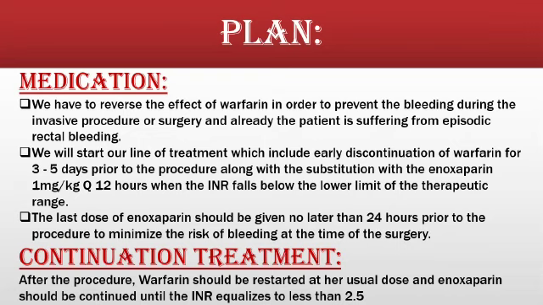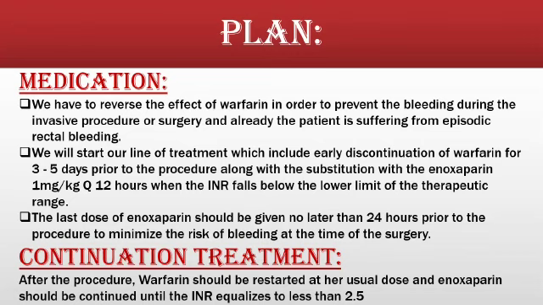Now, what is enoxaparin? Enoxaparin is an anticoagulant drug which is used to treat and prevent deep vein thrombosis as well as embolism. Here, as we are dealing with embolism, that's why we are using this drug, and it is also used for acute coronary syndrome and heart attacks. As it has an elimination half-life of 4.5 hours, that's why we are using it here as the substitute.